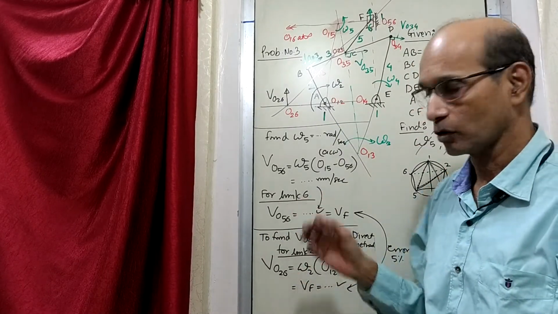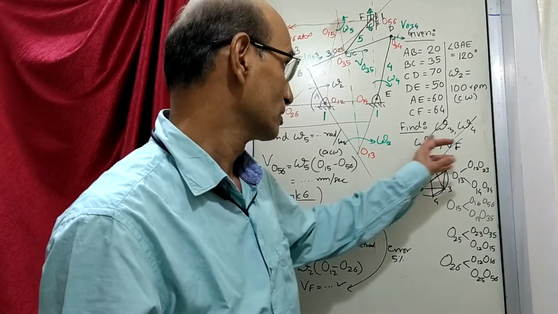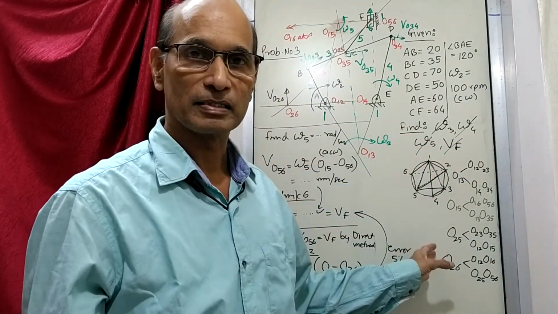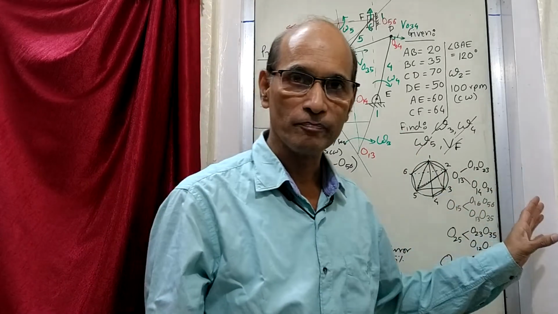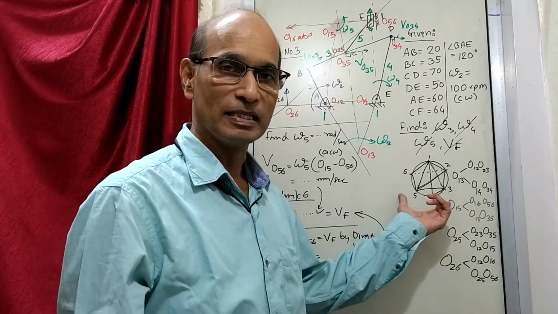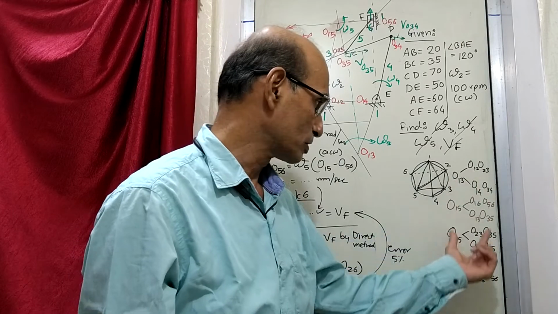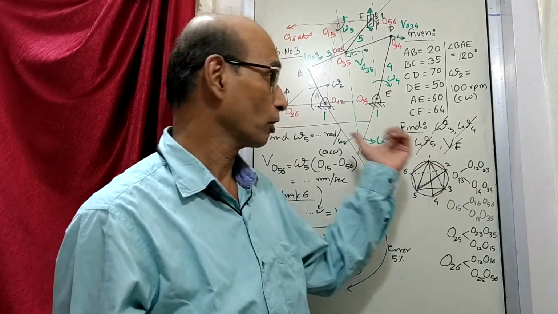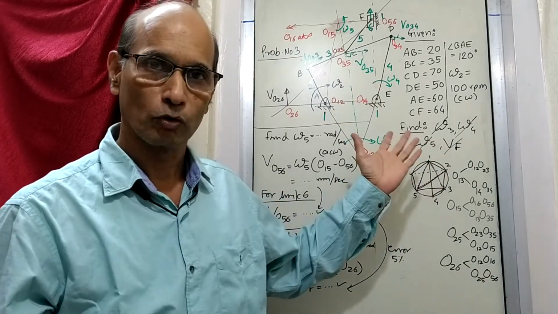So this is how we solve the problems. We find the answers of different parameters by making use of the instantaneous center method. When you solve the problem, see that you draw this Kennedy circle and you write these steps also, how you have found different ICs that are required for solving the problem. Okay, so note this down very well.